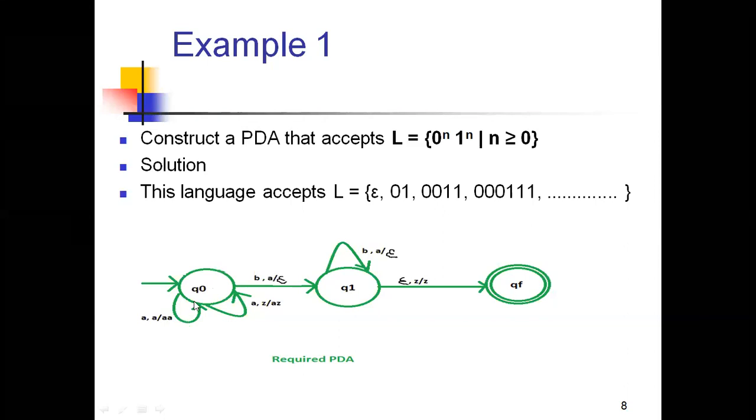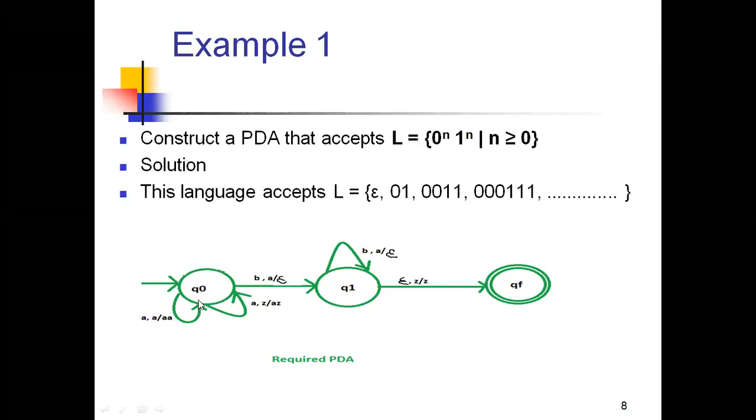Where I'm using the self loop means at the starting Q naught I am using 0 as a self loop, because here I need to show an NFA with epsilon, not a DFA. That's why I'm making 0 a self loop for the Q naught state, and already I make a 0 transition from Q naught to Q1. So automatically this becomes an NFA, and if I use an epsilon, then it becomes an epsilon NFA.